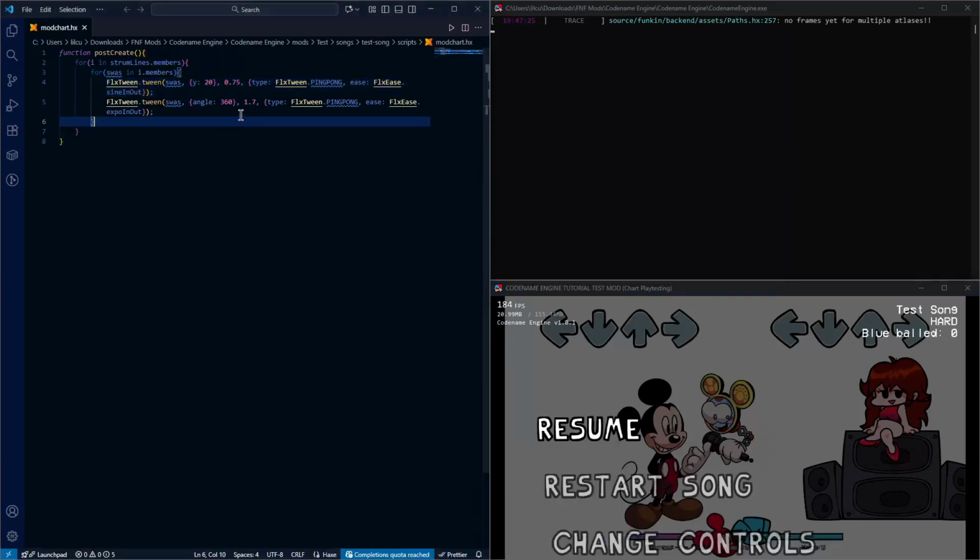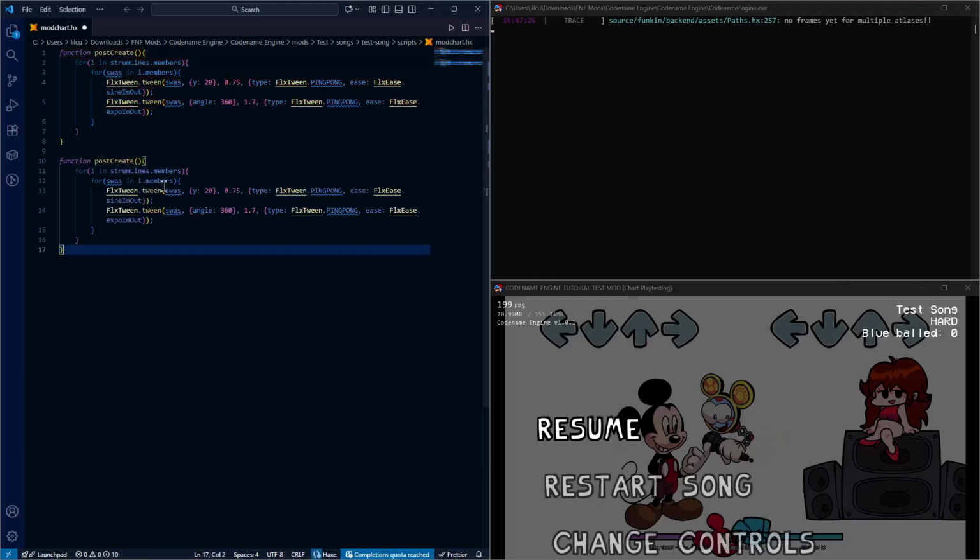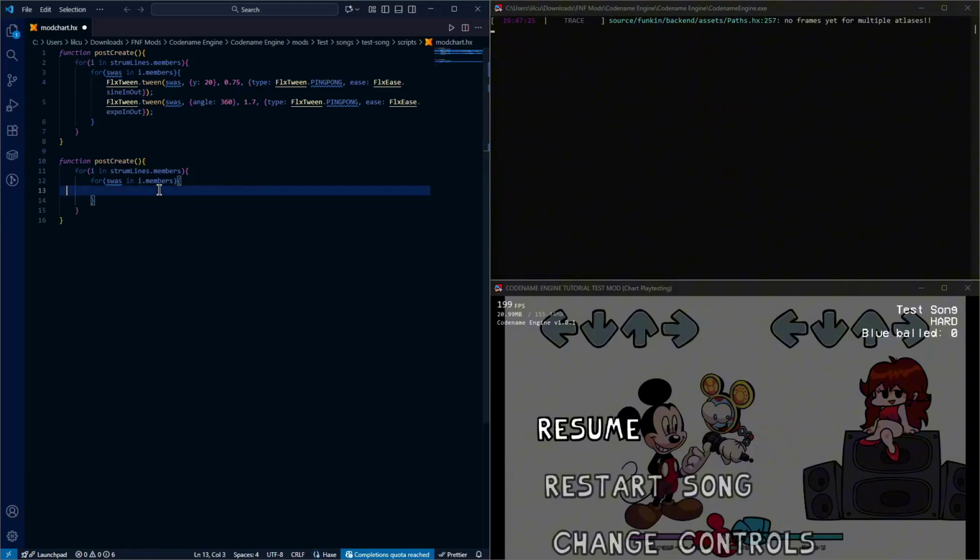But what I really want to do is I want to try and recreate the mod chart that was used in Unfairness, which that could be harder, but there is a way to check for each individual note. I just gotta figure out how to do that actually. That could be hard, but let me duplicate this and just run some tests. So if we trace